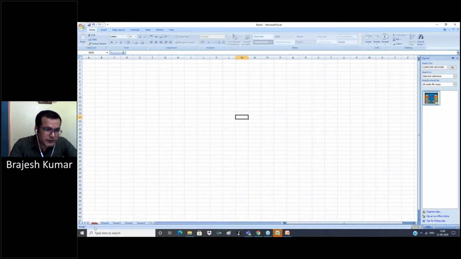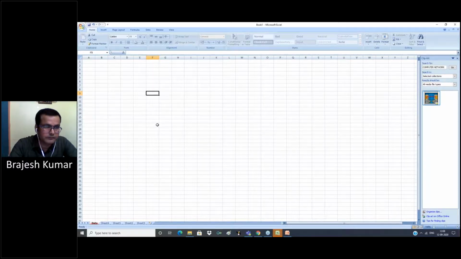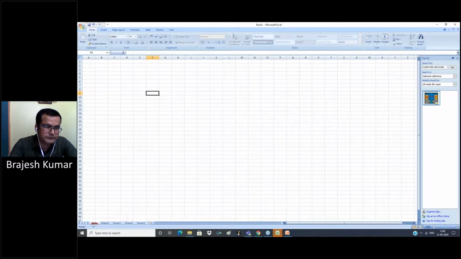Below this is called a status bar. When it shows ready, it means nothing is entered in Excel. Now this sheet is protected.